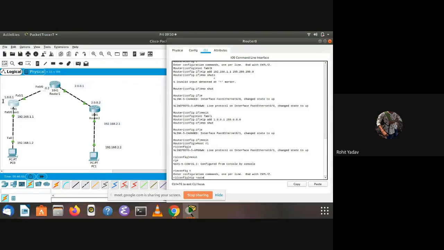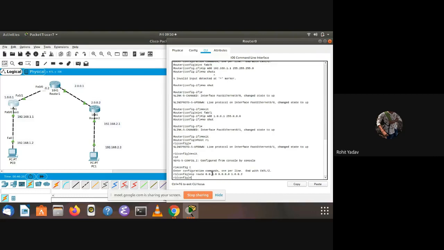This is default routing, so there is no particular protocol. We will give the IP address of this router here: 1.0.0.2.